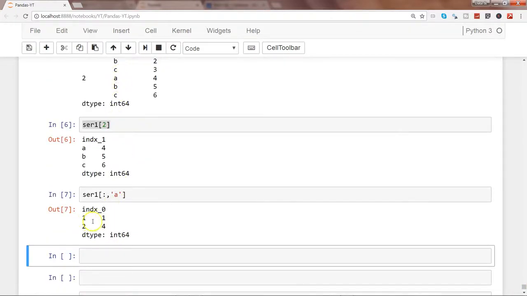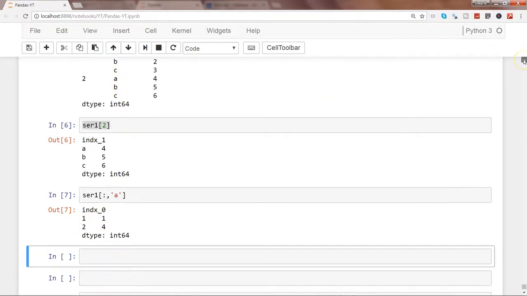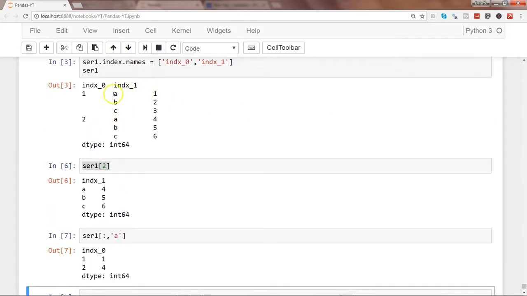So if I go a little bit up, the first a value is 1, the second a value is 4, and that's what you are getting, 1 and 4, for the index. So this is about accessing the data based on the index levels or index names that are present for your series.